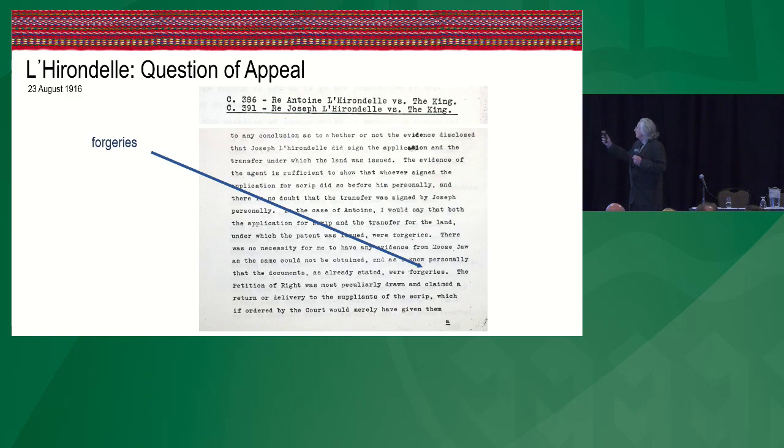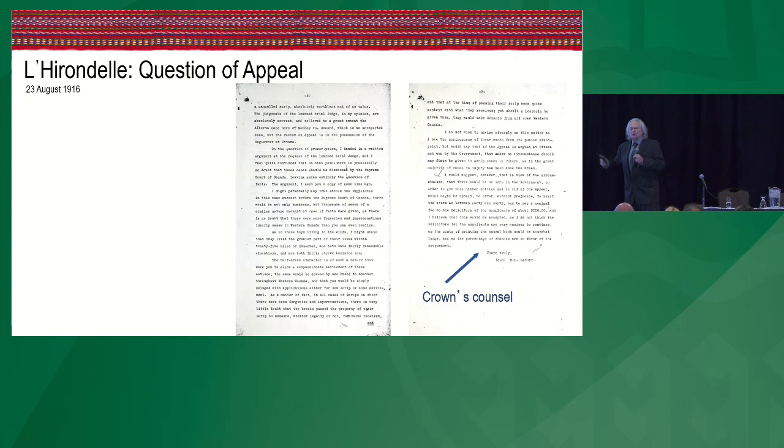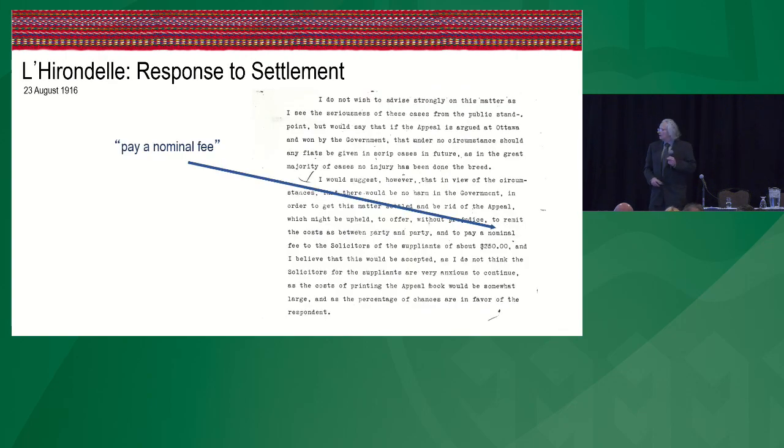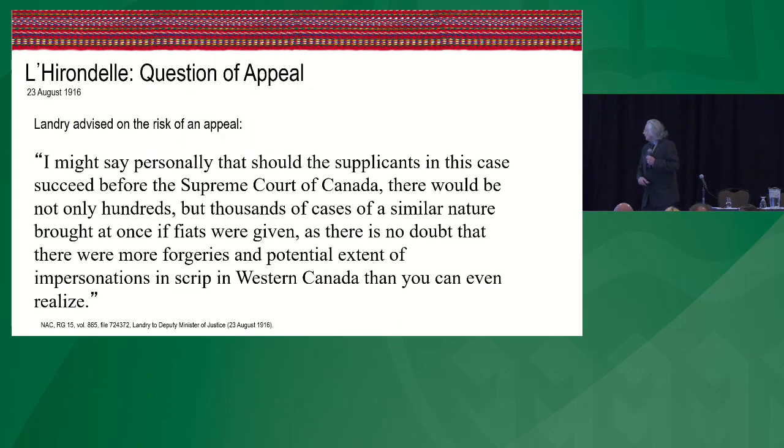Okay, so forgeries, okay? The Crown's own counsel tells them that this stuff was forged, right? And so they have to decide what to do, and they want to quiet the appeal. They don't want to go into the Supreme Court, pay a nominal fee. But there's a very important quote here that their Crown counsel tells them, Landry, an Edmonton lawyer. I may say